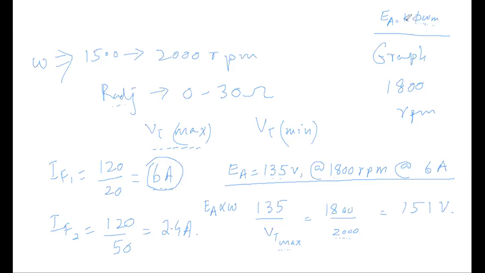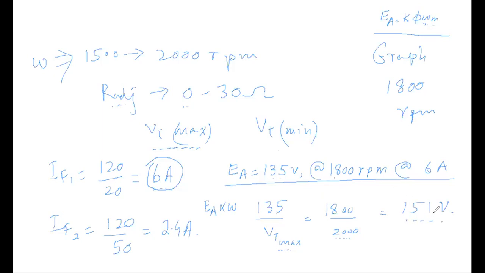And why I get rid of this K constant, so it will cut in the numerator denominator, and how I get rid of phi, because in the case of 135 volt also at 1800 RPM, my field current was maximum 6 amperes when my R adjustable was 0. And I already had this value of 135 volts corresponding to 1800. So at 2000, it comes out to be 151.